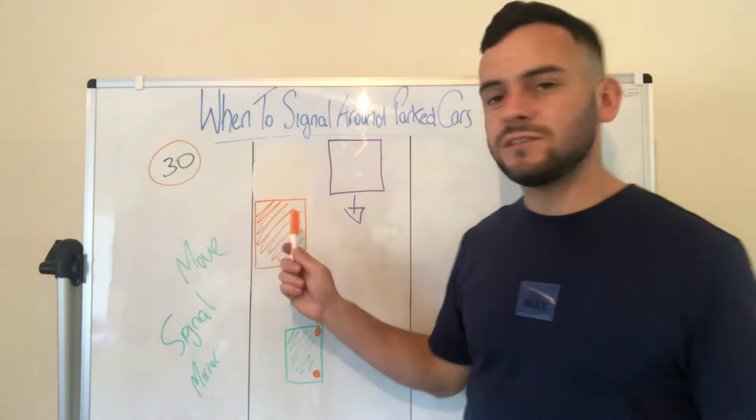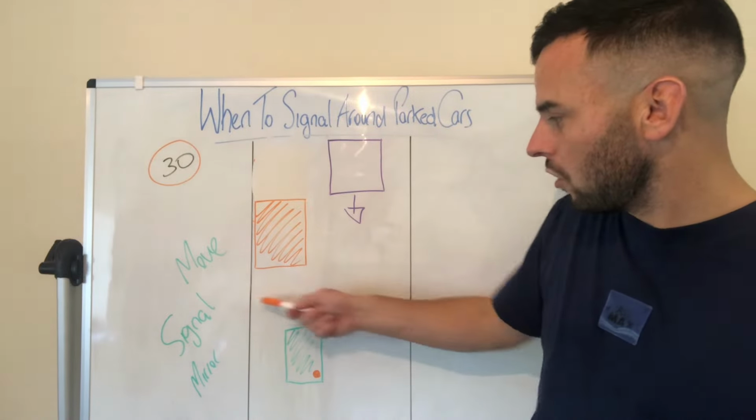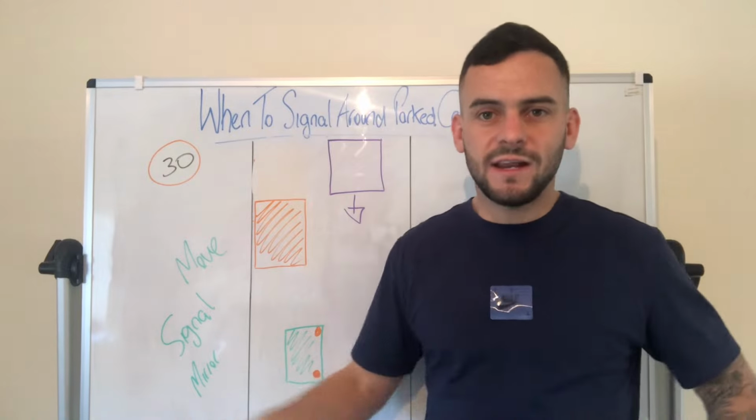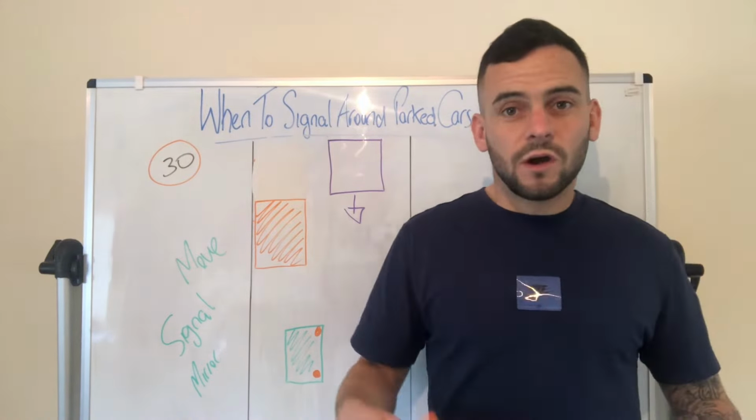Alright, the trick here is what I see so many people doing is they see the car coming, they see the car parked here on the left, and they want to dive in here behind the car. There's no need for that. It just makes it really hard for you to get back out onto the road. The trick I tell people is,